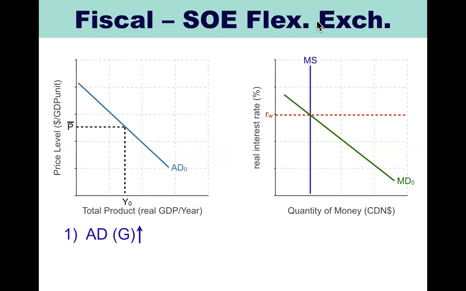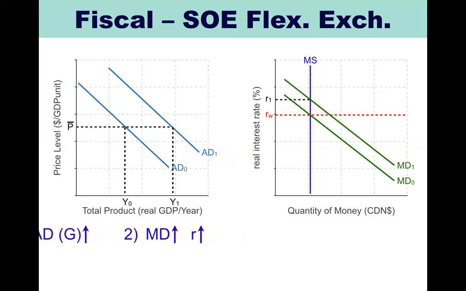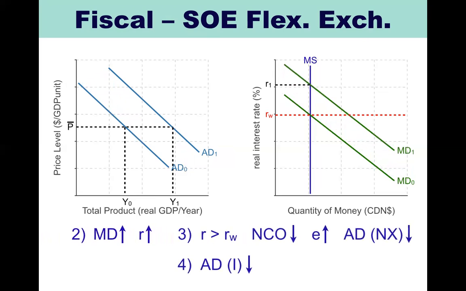So let's go ahead. We've got our increase in aggregate demand because of government expenditure. There it is, a nice big shift showing that multiplier effect. Money demand is going to increase because, hey, how are we going to buy all of that extra product? Well, we're going to want more money. So money demand goes up. Since the money demand is now higher, it means that our interest rate in Canada is higher.